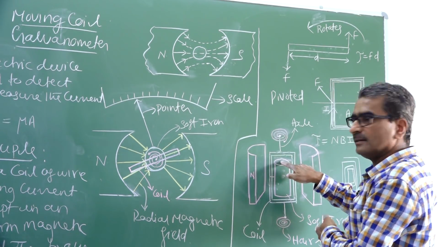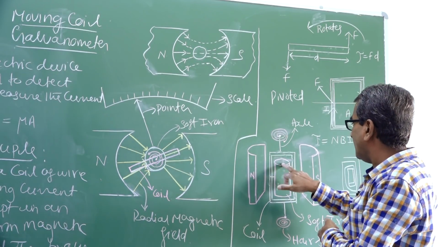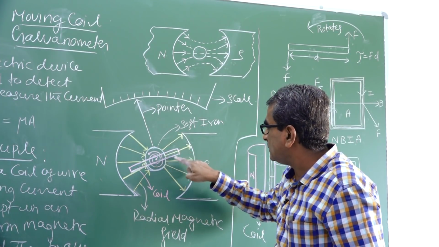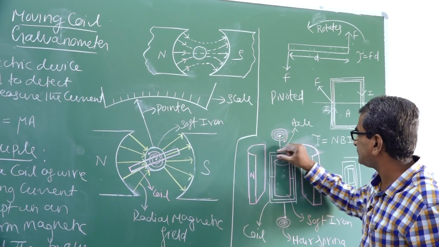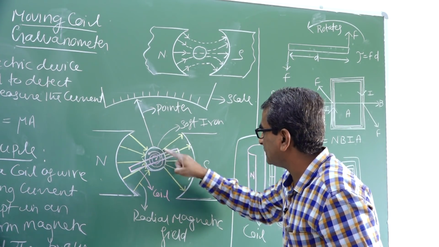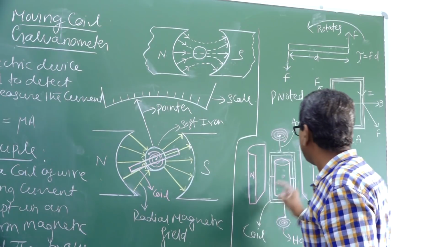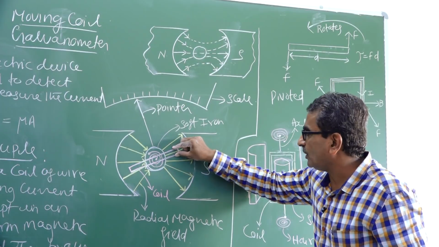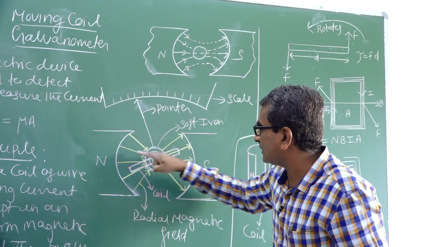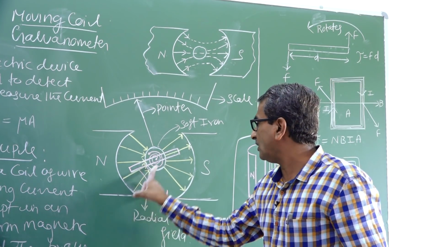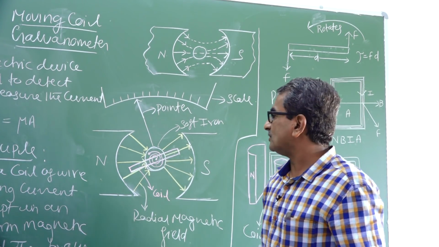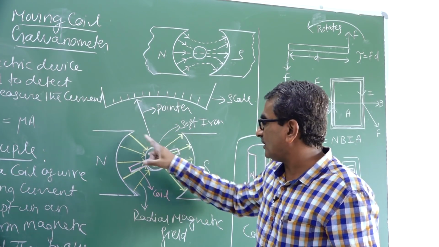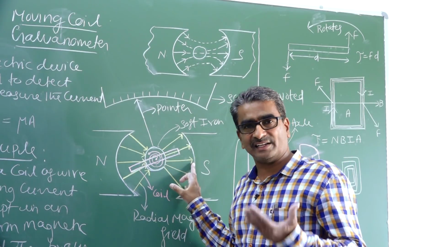If you see the coil and as well as the iron cylinder, how it looks like this. So this is the top portion of the coil, this one, and this is nothing but white color circle indicates the top portion of this iron cylinder. So this is coil and this is iron cylinder. These are the magnetic field lines all along the radius of the circular path. So since these magnetic field lines are along radius or along radii, we call this as radial magnetic field.